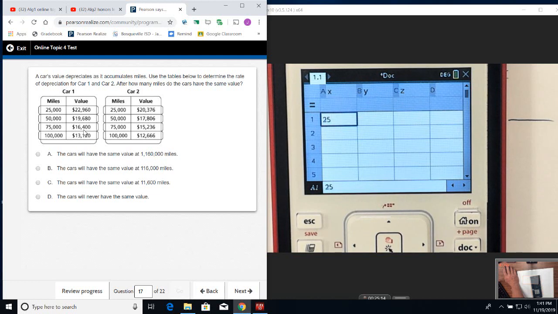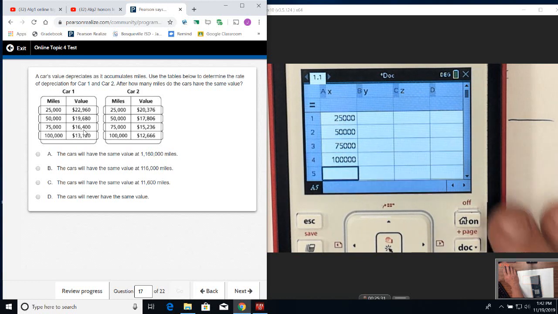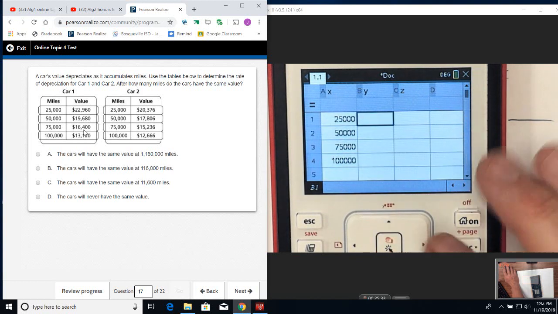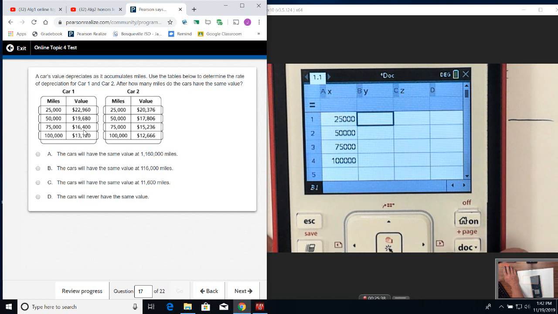I'm going to enter in 25,000. Then I'm going to enter in the next mileage of the car is 50,000. Then if the car goes 75,000, what is it worth? And then 100,000 miles on the car. Now what's going to happen typically is as you put more miles on the car, isn't the value going to go down? So the value of car 1 with 25,000 miles on it was